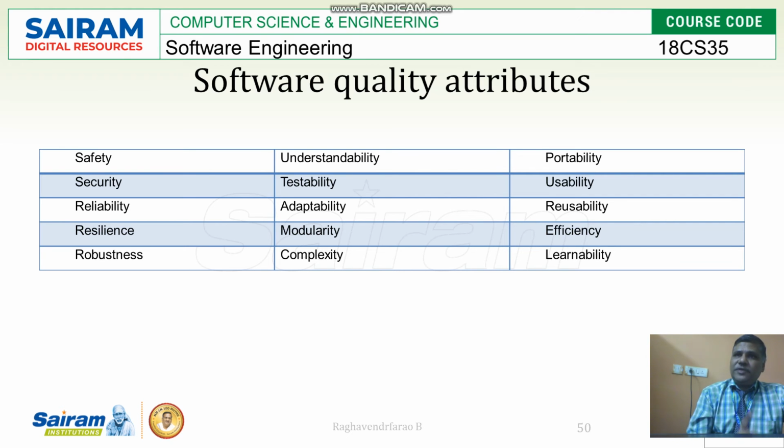Okay, safety of the product, that is a must. Security of the product means an unauthorized person should not be able to log into your system. Reliable, trustworthiness should always be there. Okay, then resilience, it should work properly. Okay, then robustness, so it should not